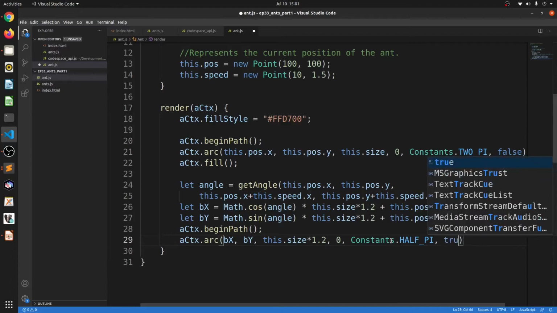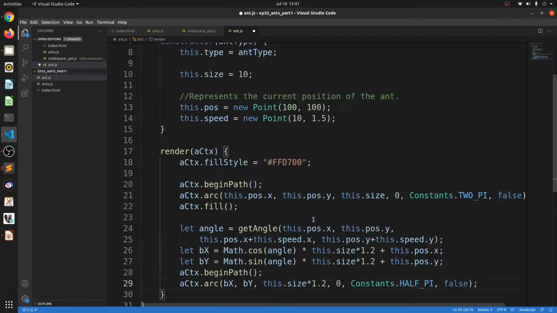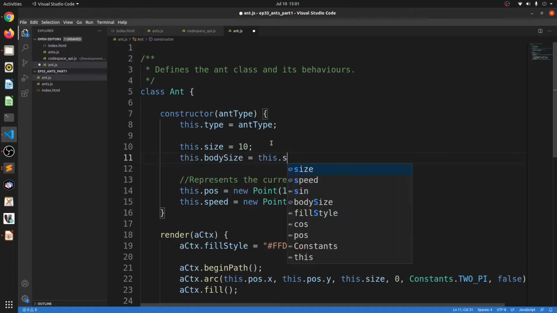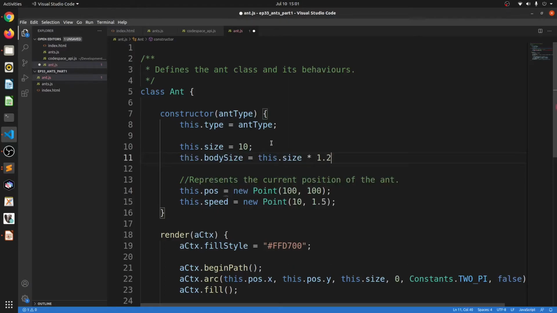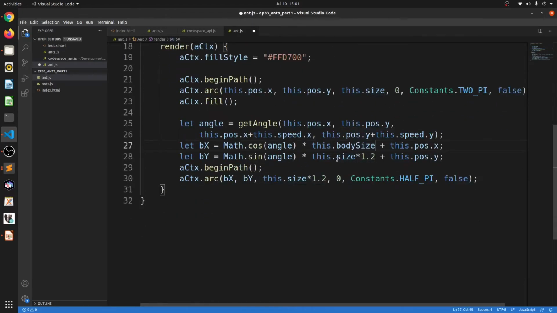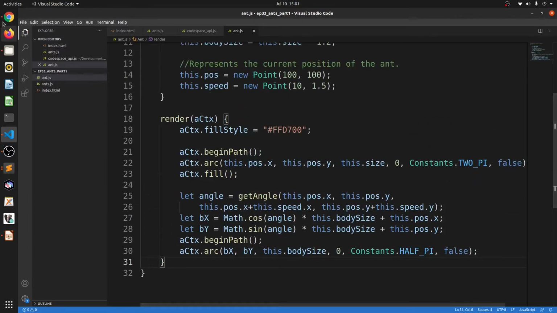And now as I'm typing over here, I'm creating a lot of errors. This isn't perfect, but bear with me while I correct this. All right, so the first thing I'm going to do over here is just define this variable called body size so that I don't have to perform this calculation over and over again. So I'm just replacing this with a variable called body size, replacing that 1.2, and you can see that it's drawn, but